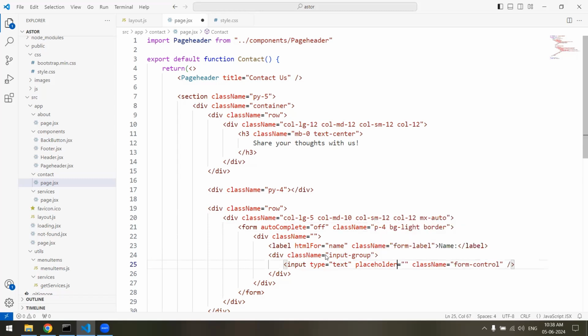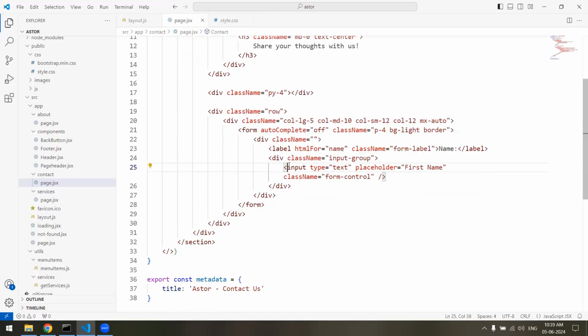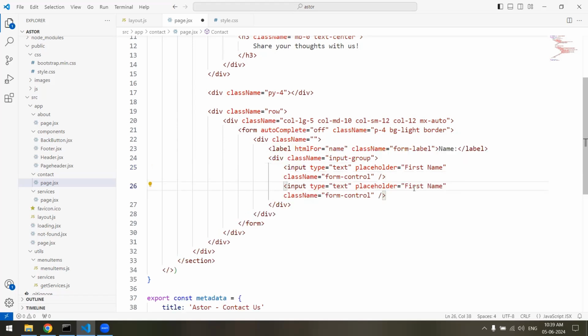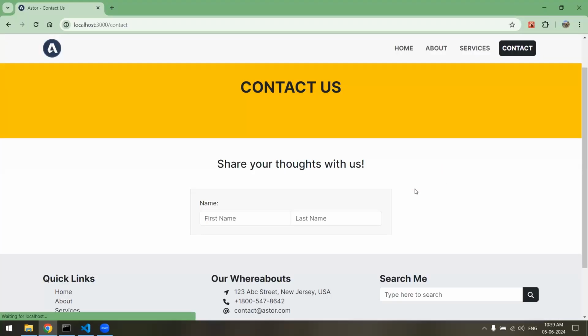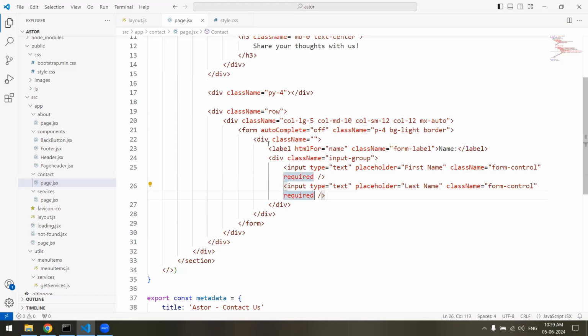Instead we'll use placeholder equals first name, and we'll use another input field, and it will be last name, and let's make them required. So we have got the first name, last name,